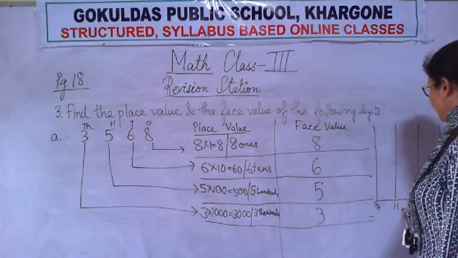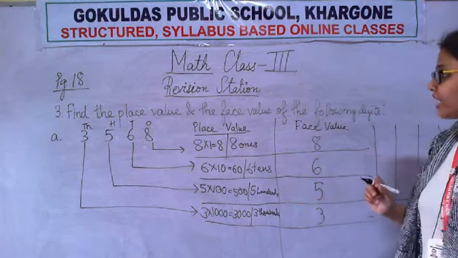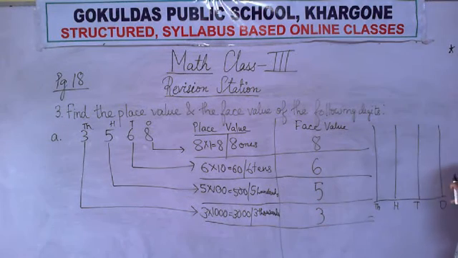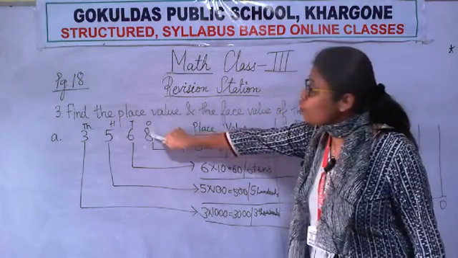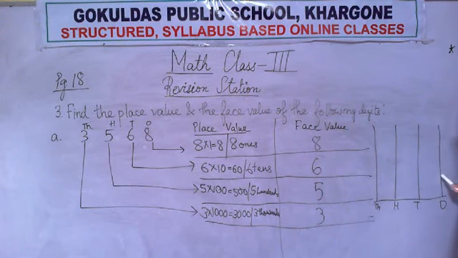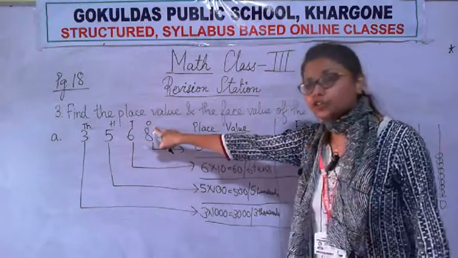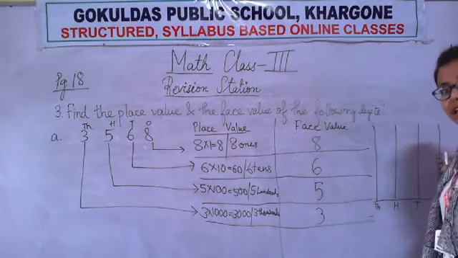Thousand, hundred, tens, ones. Very easy. Okay, you will have to draw the beads. In the place of ones, how many beads you will draw? You will draw 8 beads, because in the place of ones, what is the number? 8 is written over here. So here in the place of ones, how many beads we will draw? We will draw 8 beads. 1, 2, 3, 4, 5, 6, 7, 8. Why have I drawn 8 beads? Because the number in the ones place is 8. So that is why I have drawn 8 beads in the ones place.